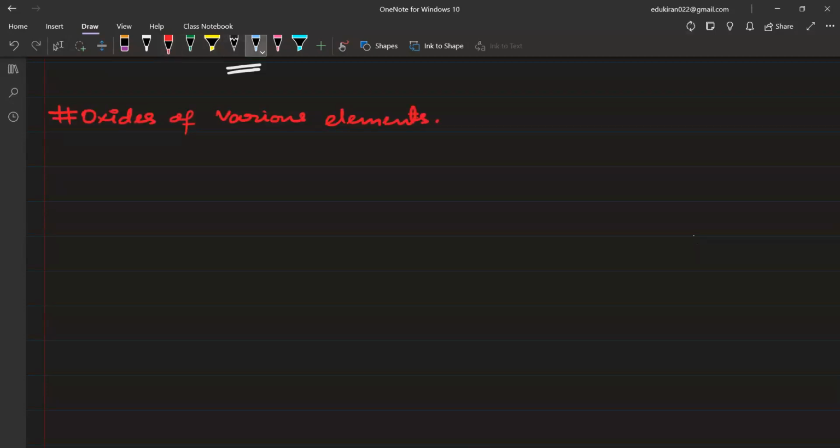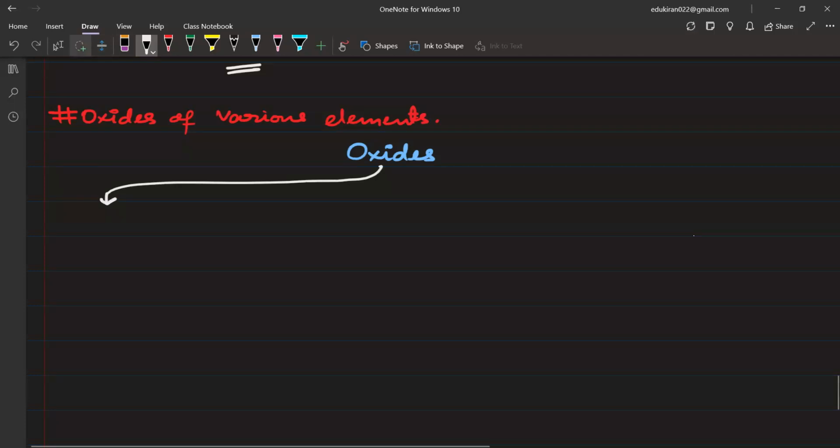ठीक है, पहली बात तो ऑक्साइड्स जो है ना, आपके पास जनरल केस में there are 2 different types of elements present in the periodic table. एक को हम बोलते हैं मेटल और दूसरे को क्या बोलेंगे बताइए? One is called metal and the other one is called,